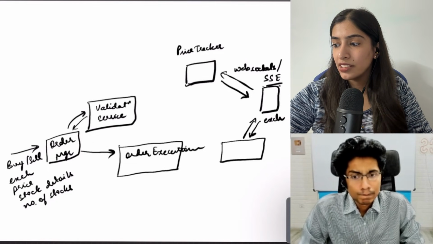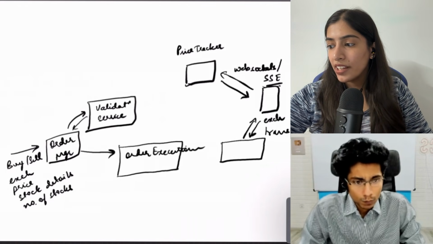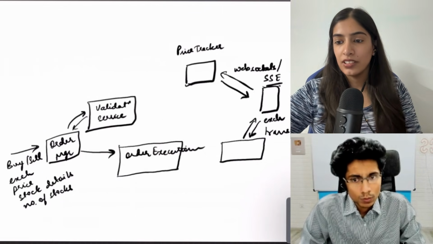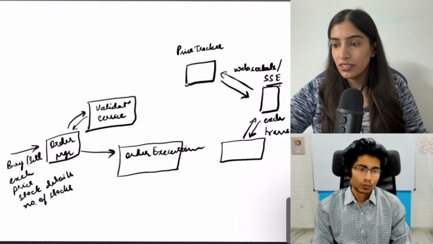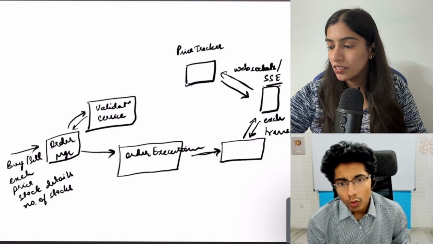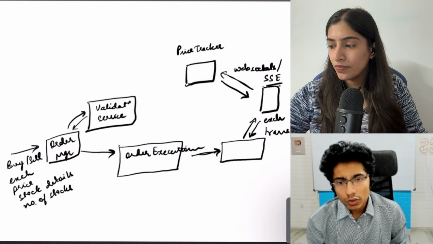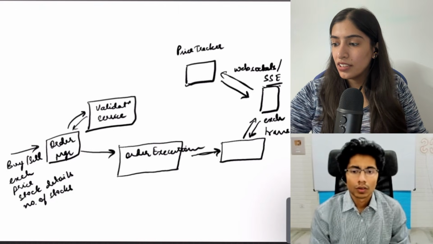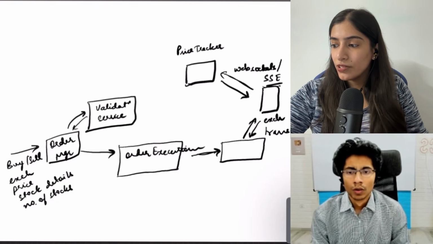The exchange is going to return all the transactions that happened, and then we are going to have to update them in the DB. So that is roughly how the process of buying or selling is going to happen. What do I call the service? So the order execution service, what is it talking to exactly? So basically, after the order is validated, from here we are going to